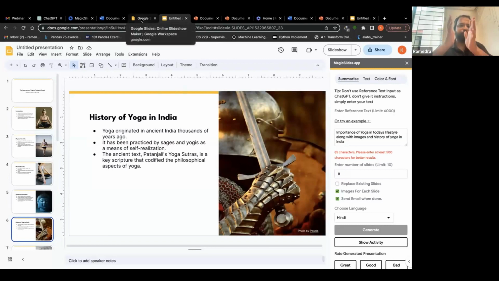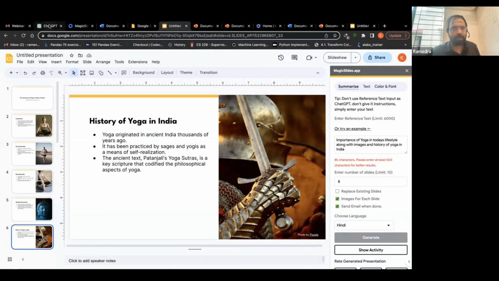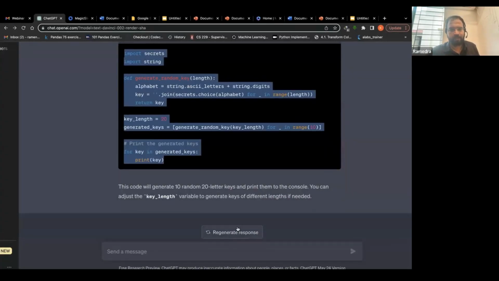The next thing that I want to show you is, suppose I want to make a web page very quickly. I don't know how many of you are familiar with HTML and other things. Assume that I don't know HTML. I don't know how to create a web page, but I want to create one. I just know that there is something called HTML, and every web page on the internet is based on some HTML code, right? But I don't know what that HTML code is. So I'm going to give you an example of how we can generate a quick web page using ChatGPT,